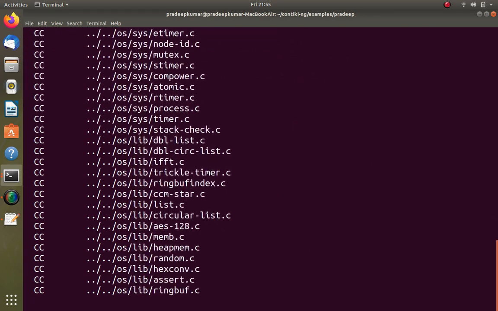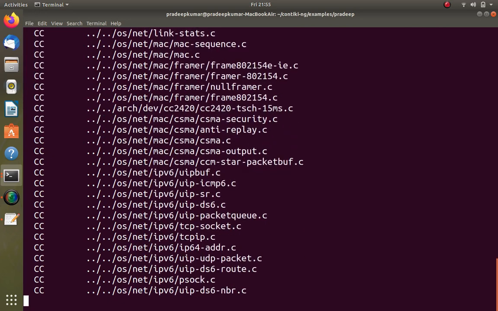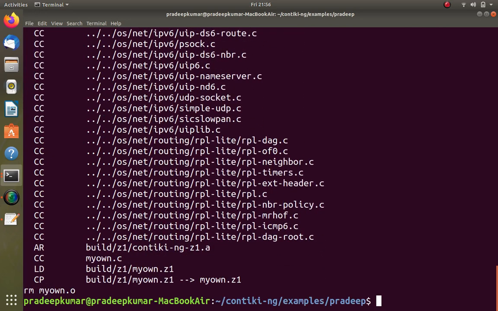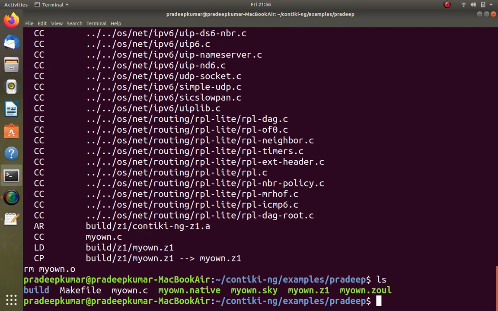So even we can go for the Z mote also. Whatever the platform or the device or the CPU it supports, we can get the files accordingly. See, now you can see myown.native, myown.sky, myown.z1 and myown.zoul. So there are so many things available. This is what we can do in terminal mode. We can do so many operations here. So the same method you can follow for using this in terminal mode.